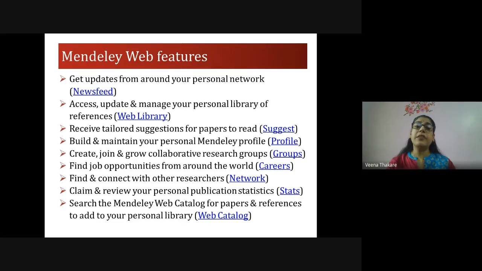Then you can receive tailored suggestions for papers to read. In the brackets, I have mentioned whichever features allow you to do these functions.